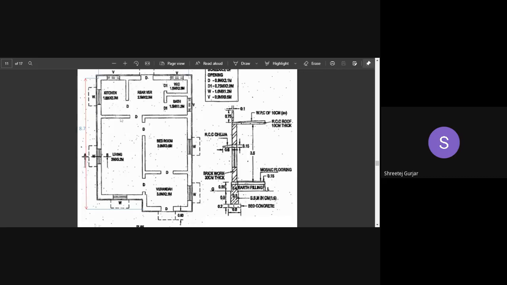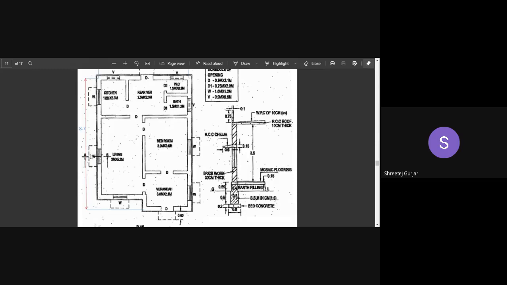So all of these are partition walls and the thickness of these partition walls here is 20 centimeter. You can see all of these internal walls are partition walls, which are 20 centimeter in thickness. And all the external walls going through my building periphery are 30 centimeter in thickness. Okay, so that is what they have shown here.